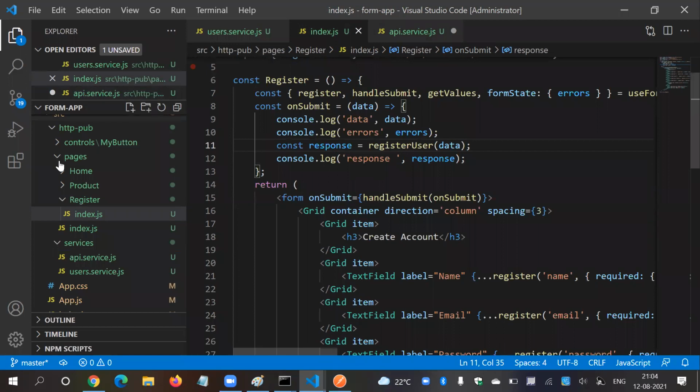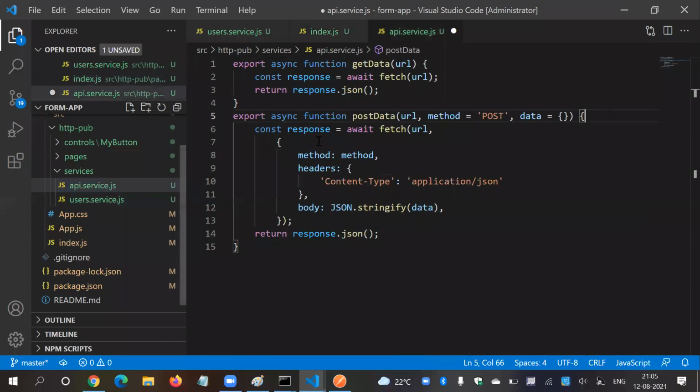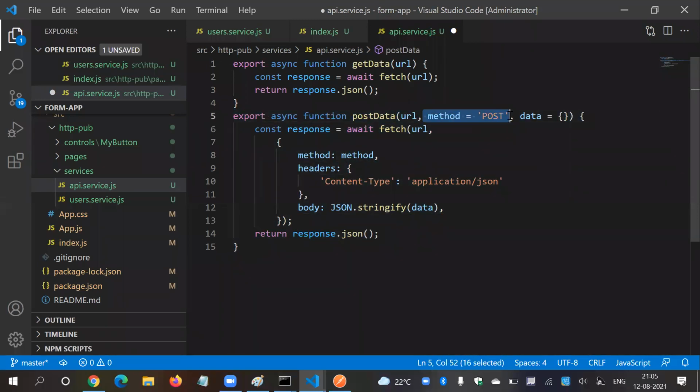So guys, even if you have n number of pages, you must specify all the API calls, means all the handlers, one by one in your services. And you can separate out the actual library call like fetch or any HTTP client library in this file. So here I'm going to write post data, put data, that kind of functions. Or you can use a parameterized approach.